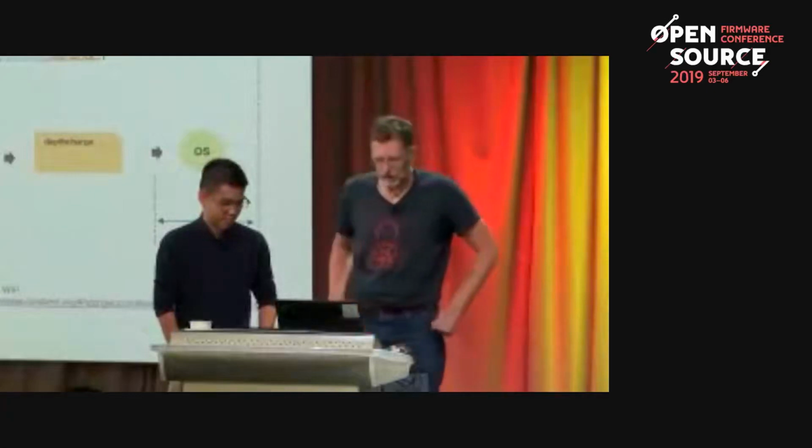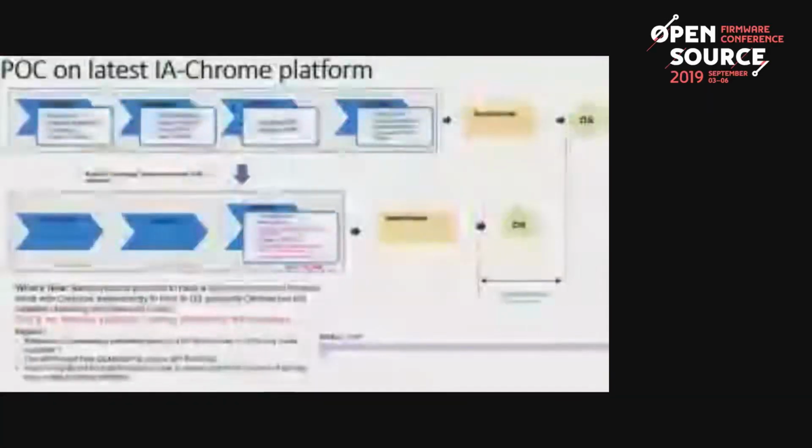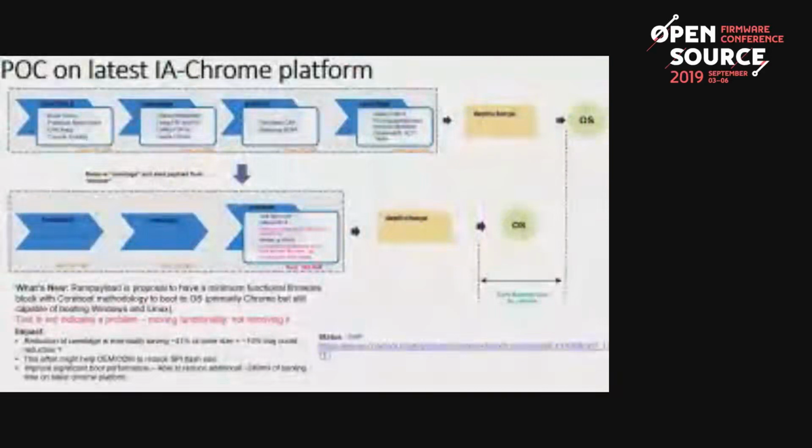Subrata makes an interesting argument. He reduced the code size 41%, and in some notional measurement, that's a 10% reduction in bugs, which is not something I ever thought of as a neat argument. And again, you can shrink your SPI flash footprint by a bit. This is kind of neat, but again, I'll say it again, the areas in red for me